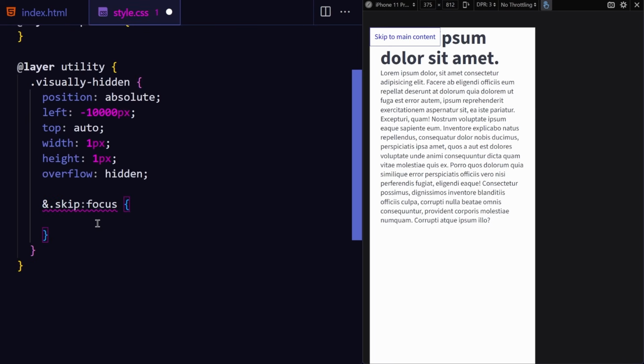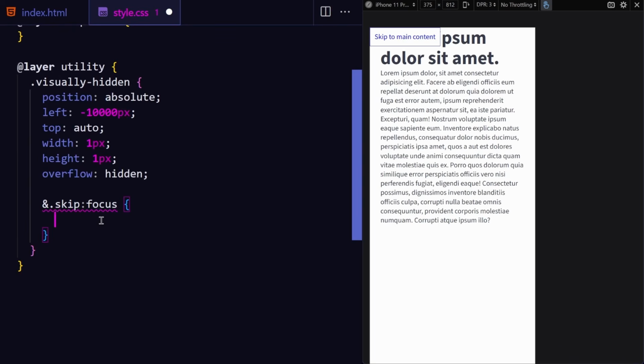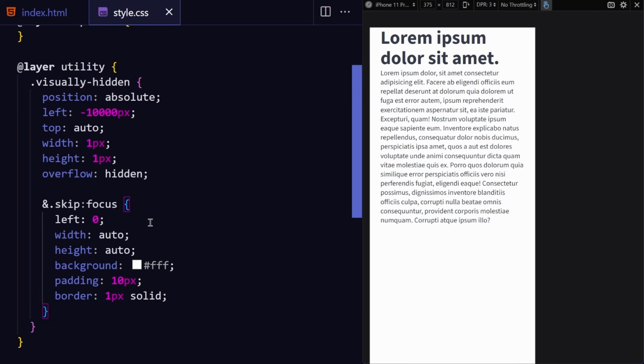Pseudo classes help you select how an element looks when it's interacted with in a certain way or falls under a specific condition called a state. So if we go back to our browser tools, you can actually see some of these different pseudo classes. One of the most common ones is, of course, the hover state, which we worked with before, the focus state, which we're working with now, and other things. So let's paste in those styles that we copied, save,